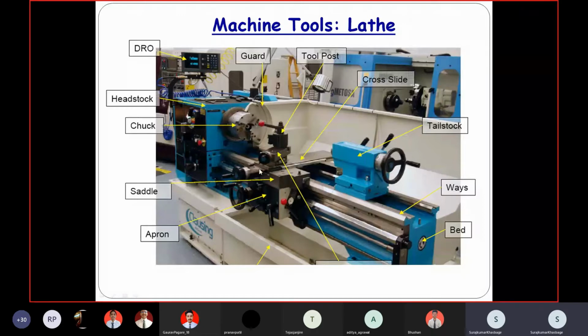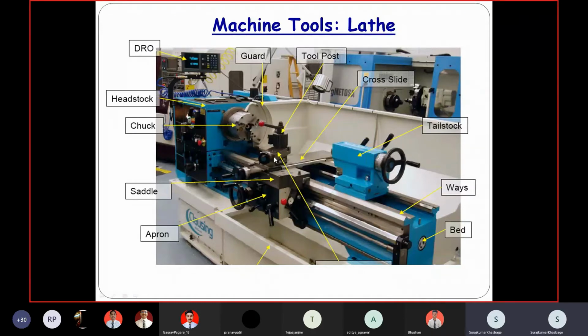You can see there is a cross slide. The cross slide is responsible for the horizontal motion of this tool post. This red part is the tool. So this is the tool post, and to give the proper location with respect to the workpiece, we have to move it. Firstly, we have to bring this tool post near the workpiece and give the proper orientation. Here we have seen two different locations.